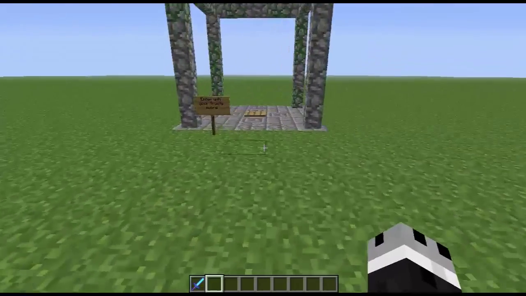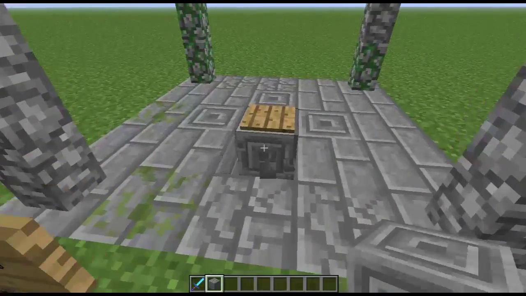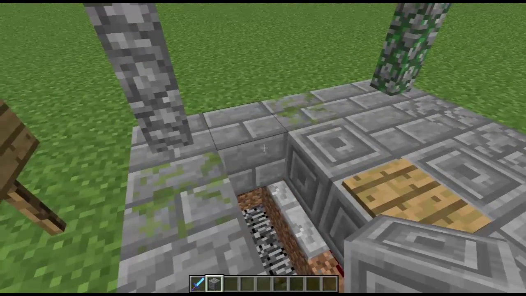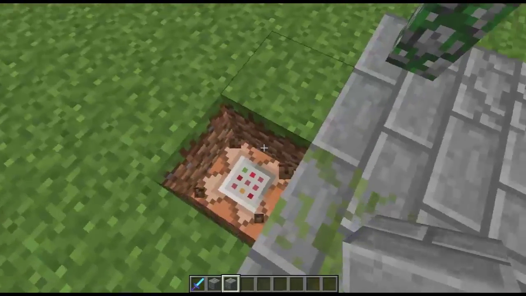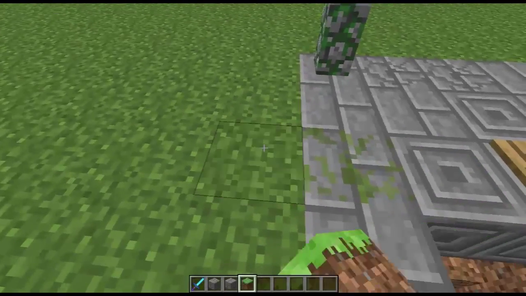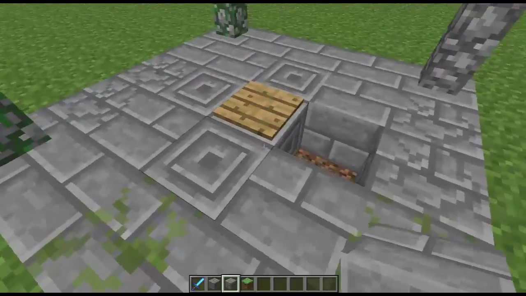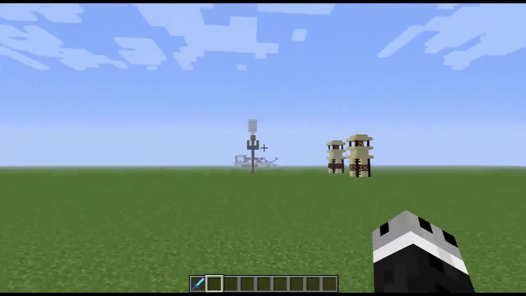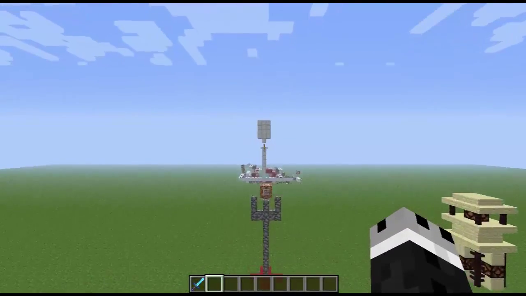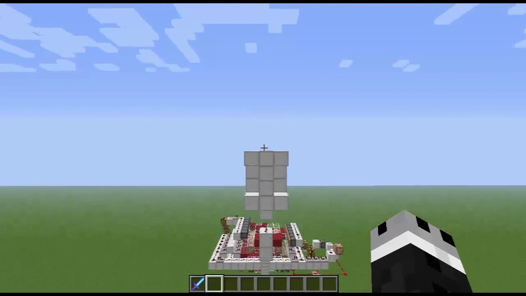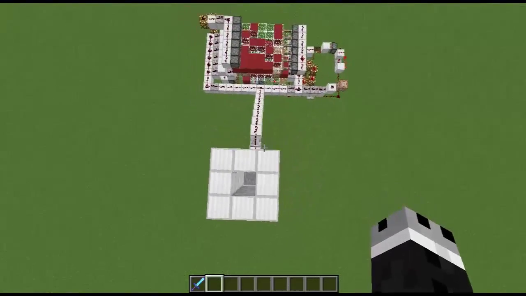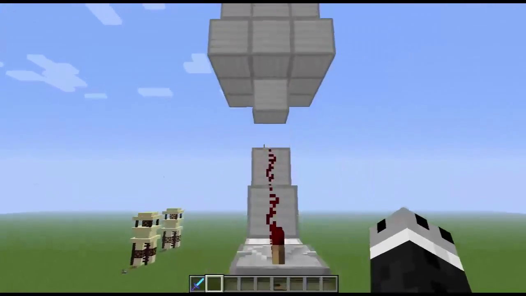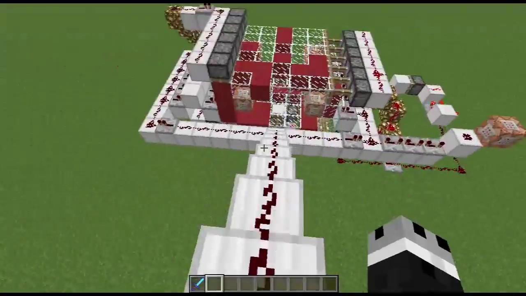And so the way this works is you step on this pressure plate, and it activates a command block over here. I have it put on a delay so you can't spam it and get the same enchantment. That command block teleports you into this little iron casing, and this iron casing is far enough away from the pistons where you don't have to worry about them being loud and obnoxious. And so what this does is it sends a signal down here,